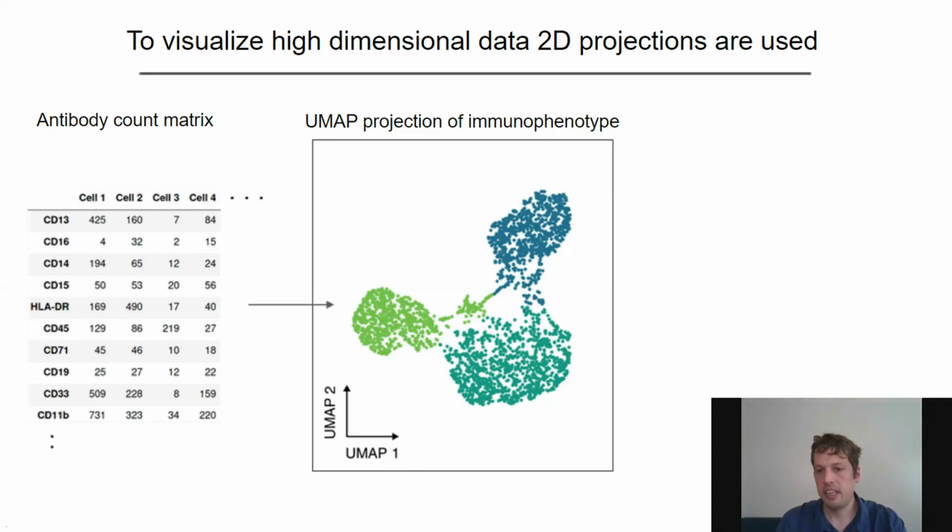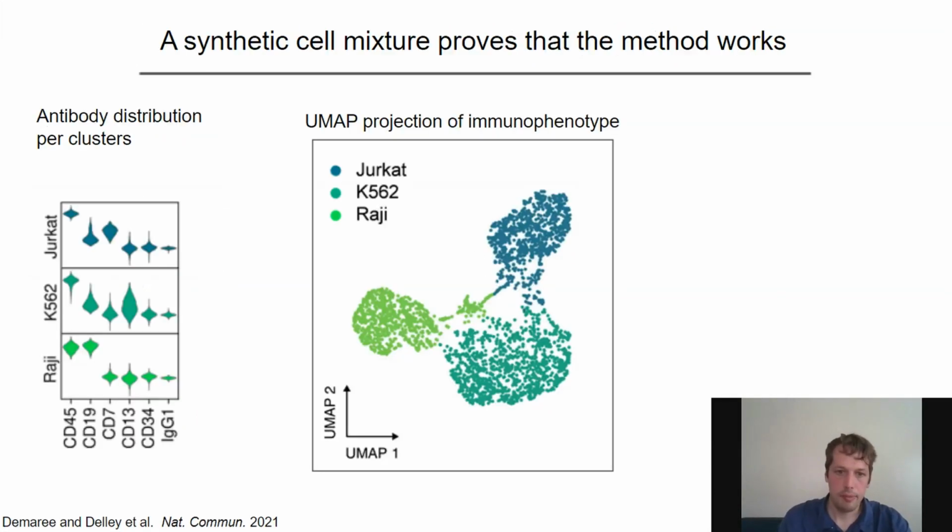So what we expect to see is that similar cells should sort of visually cluster together in this case. And so what we see here looks like there are 3 such visual clusters present in the UMAP, and that's exactly what we should expect to see, since this is from a proof of principle experiment that I did on cell lines, where I mixed together a myeloid cell line, the K562, a T cell line, and a B cell line. Since these cell lines have different immunoprofiles, you would expect to see that with the DAb-seq readout,